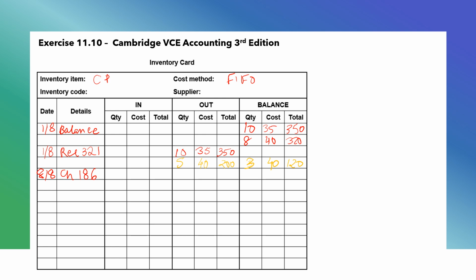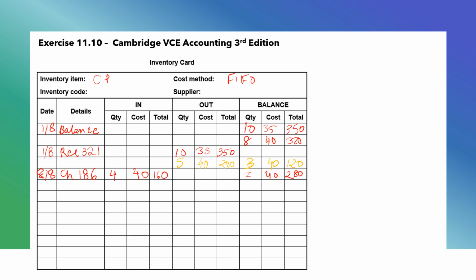In the theory video, please refer back to that if you're unsure what sort of items will reflect movement of inventory into the business versus what sort of items will reflect the movement out of the business. So check 186. We've got incoming of 4 at 40 and got 160 here, leaving us with, so we had the 3 plus 4, that's given us 7 at 40,